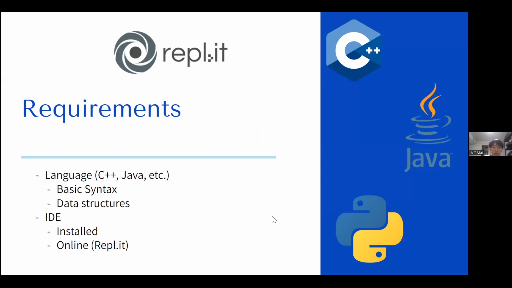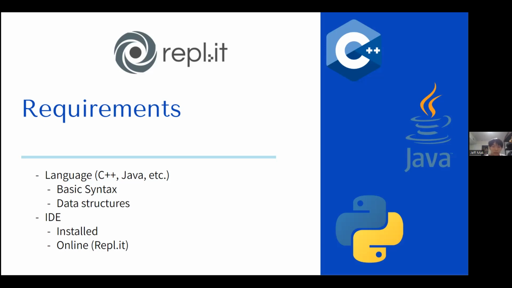Requirements to participate in USACO: obviously you need to know a language. Usually people use C++, Java, or Python. Python is generally less recommended because it takes a long time to run. In the later divisions, time is really important, and you don't want to miss out on a problem because of time.